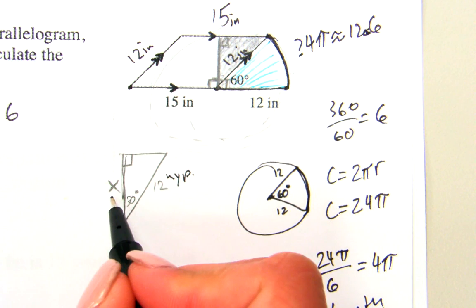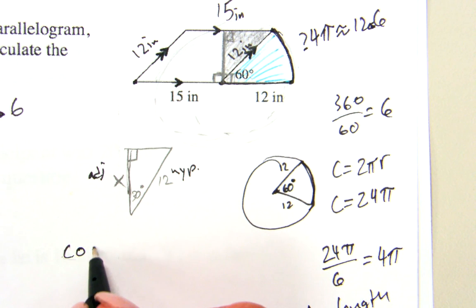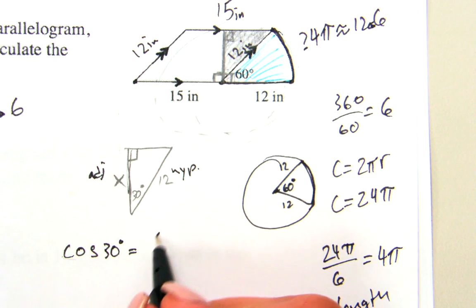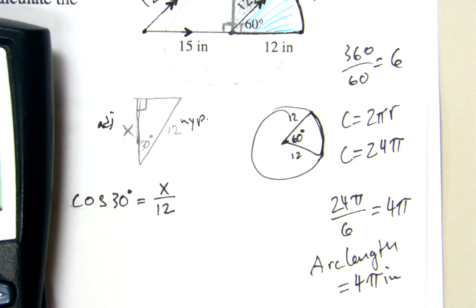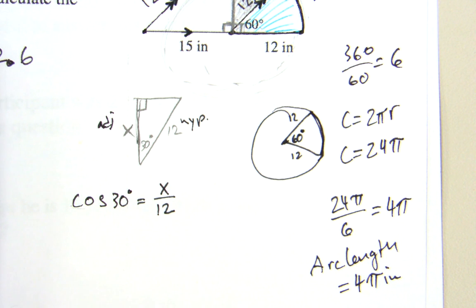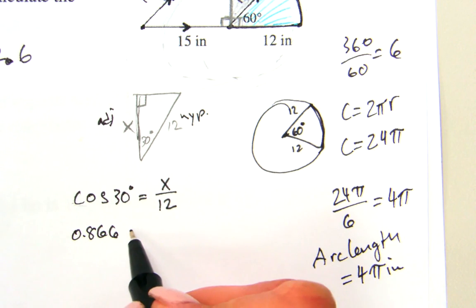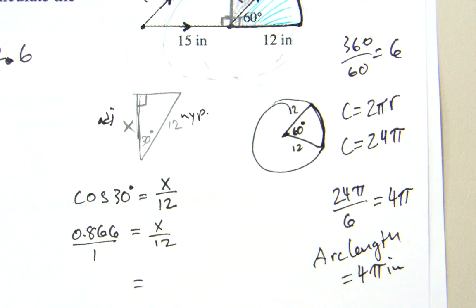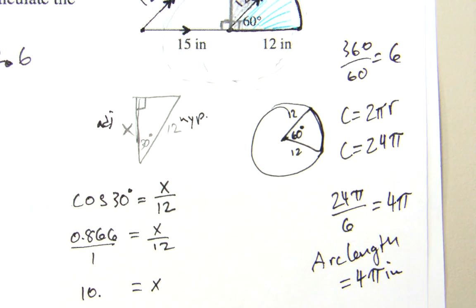So if I'm at 30 degrees, my hypotenuse is 12, and then across is nothing, right? Opposite is nothing, so that means I'm left with adjacent. And adjacent and hypotenuse, hopefully you've realized now, is cosine of 30 degrees, which is going to be your adjacent over hypotenuse, so x over 12. I'm going to do this in decimals because it'll make your life a little easier. Cosine of 30 degrees is 0.866, so 0.866 is equal to x over 12 over 1, so multiply this by 12, and we get that x is equal to around 10 point